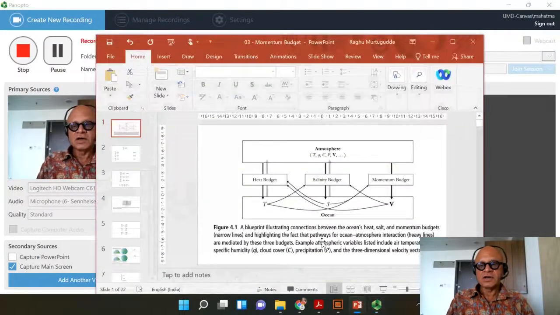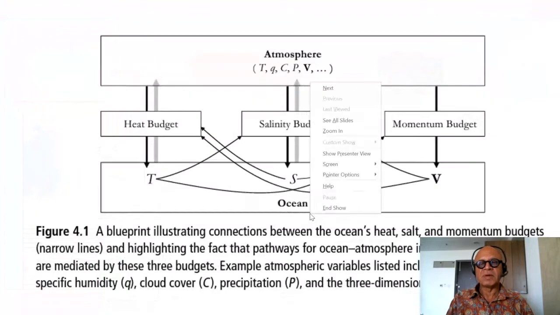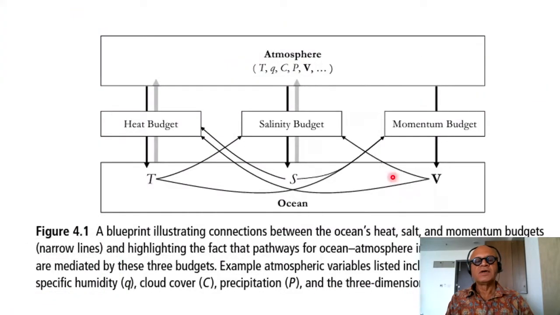Okay, obviously, next up would be the momentum budget after we do the temperature and salinity budgets. The momentum budget is very closely linked to the salinity and heat budgets because the mixed layer depth is determined by the density, and the mixed layer depth is closely related to the momentum, penetration, and advection terms. So currents are generated by momentum, and currents advect around the temperature and salinity, so they're all